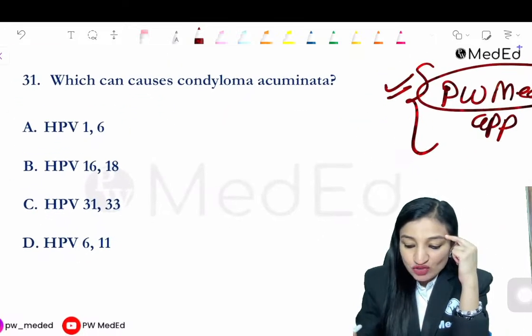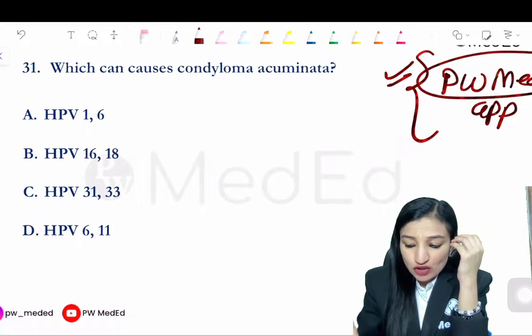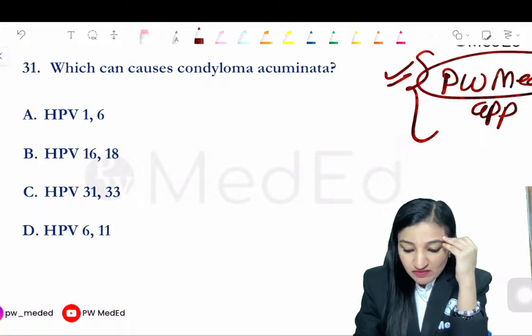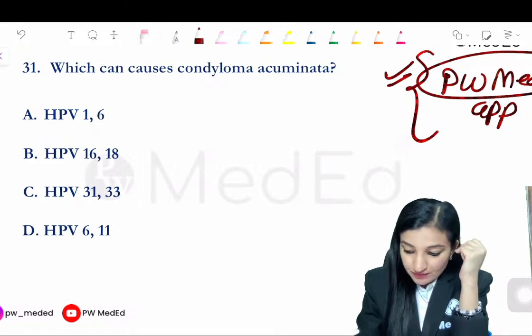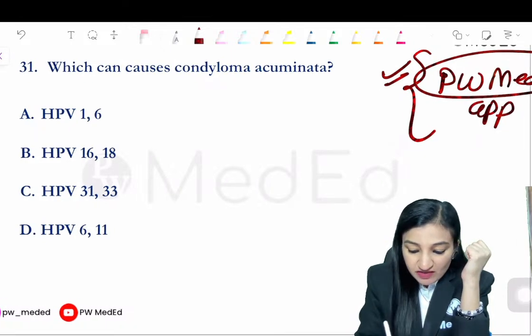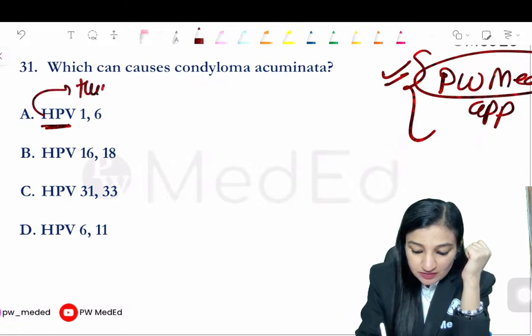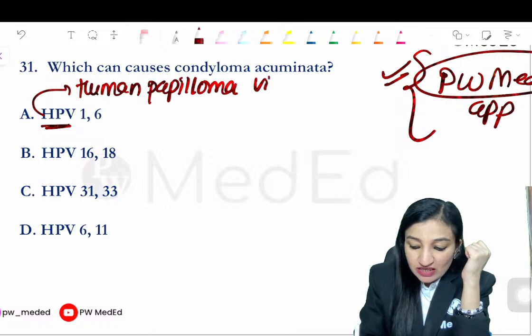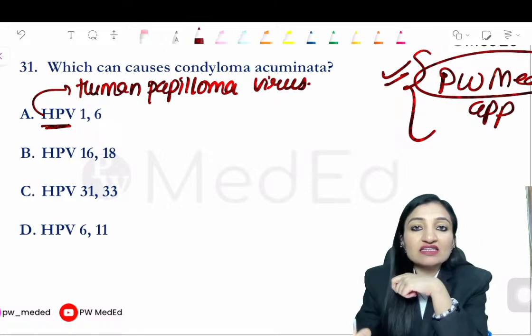Now, which can cause condyloma acuminata? HPV 1 and 6, HPV 16, 18, HPV 31, 33, or HPV 6, 11? Now, what do you think is the answer? HPV is human papilloma virus. Yesterday, I told you the names of the DNA viruses as happy viruses, and I told you